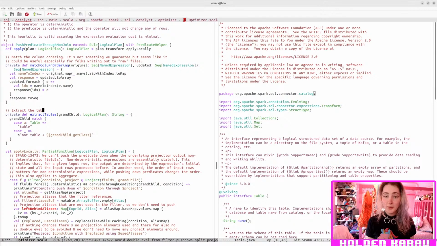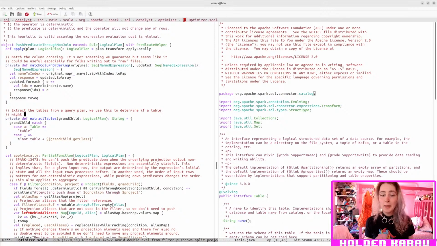Extract the tables from a query plan. Use this to determine if a table might support a filter pushdown, in which case we should always